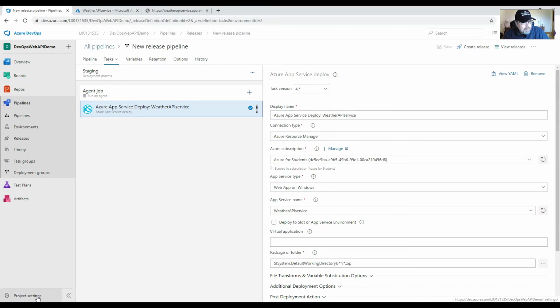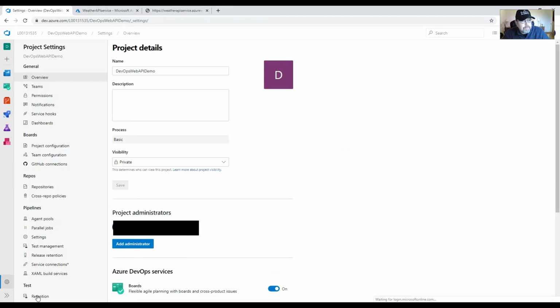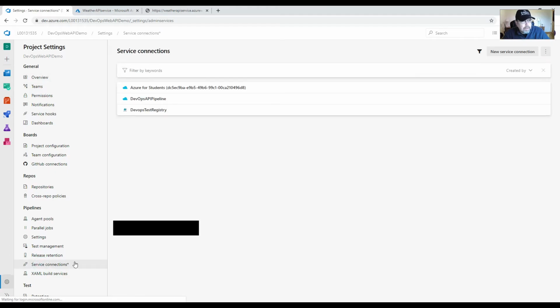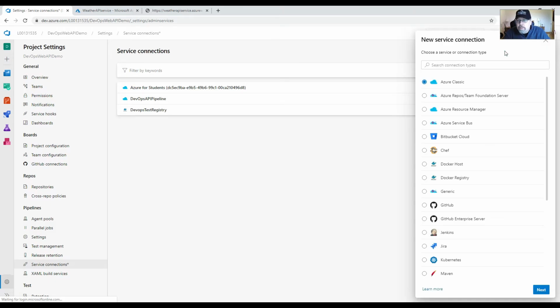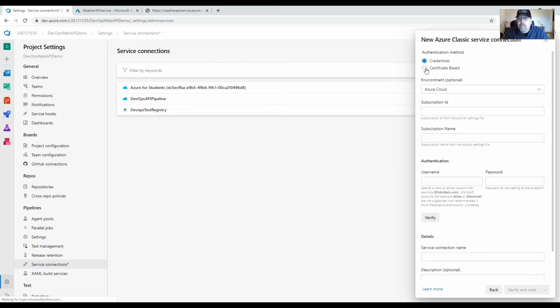Project settings. And you go to service connections. And you want to create a service connection. I've got it already done, but let me show you. New service connection, Azure Classic. You see there's a lot of other service connections you can have, for example, to Docker, Docker Registry, GitHub, all of those things. You just connect to Azure Classic, next, and you select,